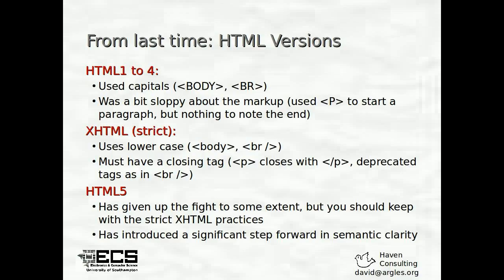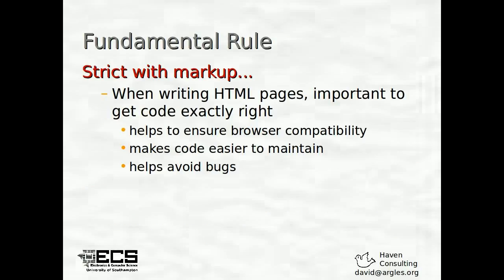So last time we were looking at the different versions of HTML, noting that we had HTML versions 1 to 4. We then went to XHTML, which has been with us for quite a little while, and how we have now got to HTML5. And we were noting that HTML5 has actually introduced a really nice semantic clarity that is quite important to us. Before we get too far into looking specifically at HTML, we're going to just start with